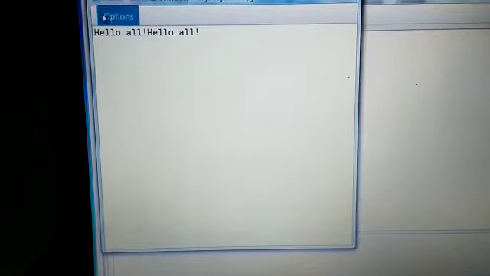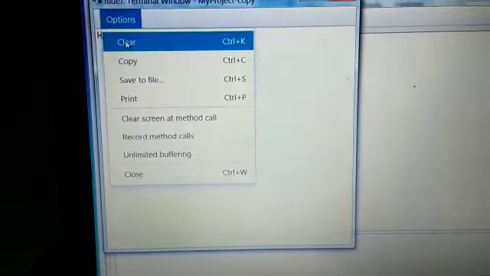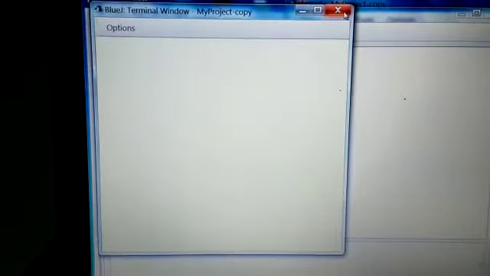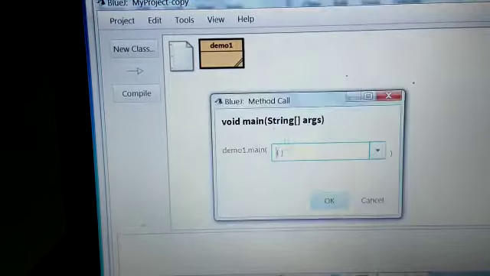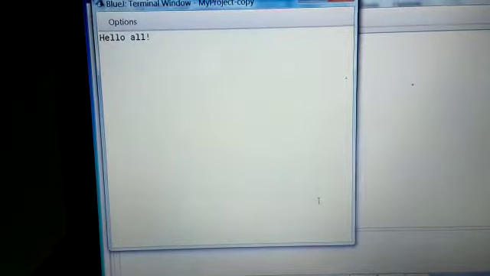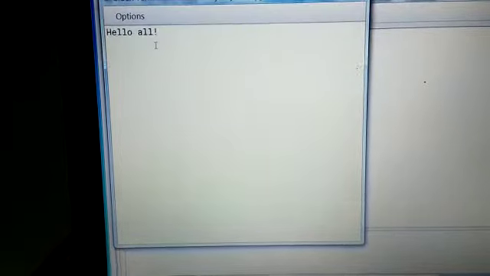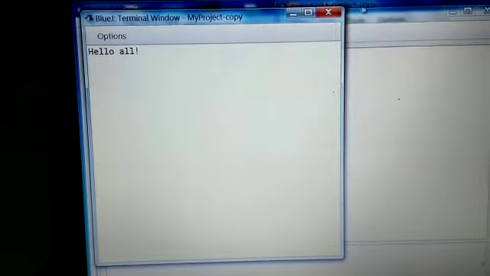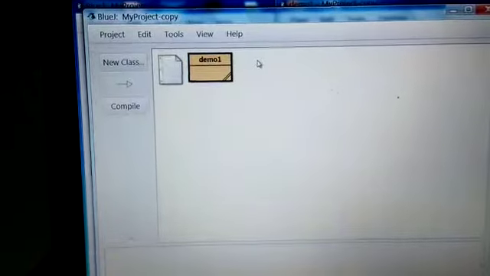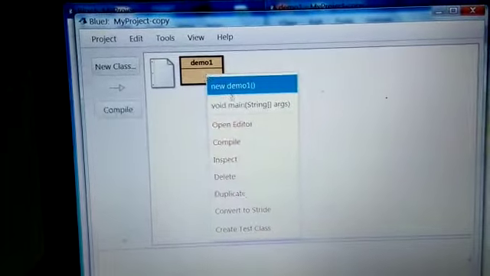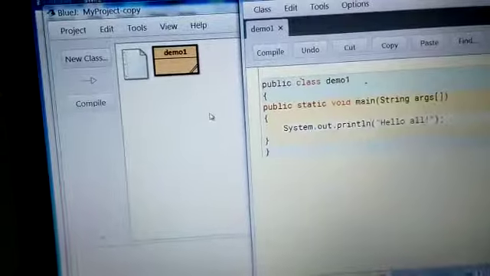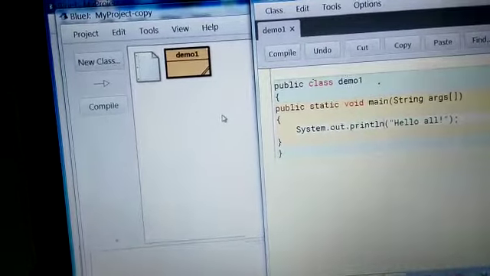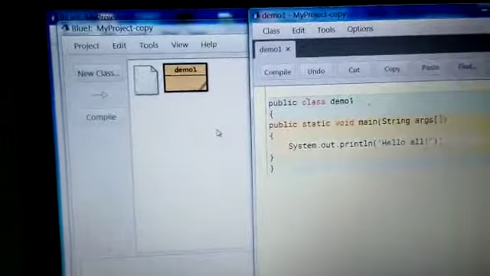All right, the screen is not clear of the previous output, so just choose clear from here, and again you have to run the same program to see the output. Still you are not seeing any changes here with using print and println, but the difference is that if you are using print only, then the output will come in the same line. If you are using println, then the cursor will blink on the next line.